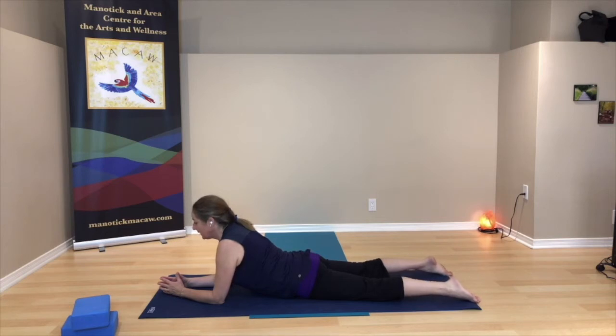Maybe the legs can let go a little bit. And the breath can just come and go. Maybe into the chest or into the heart space. Okay, one more breath. Okay, when you're ready, come down